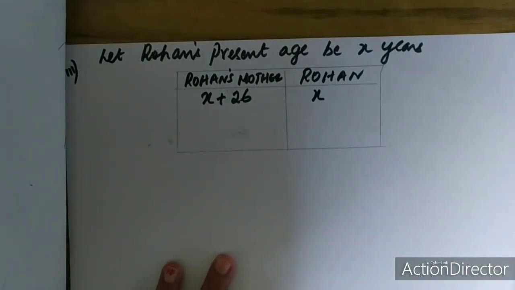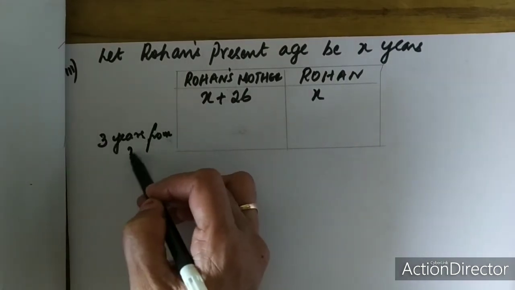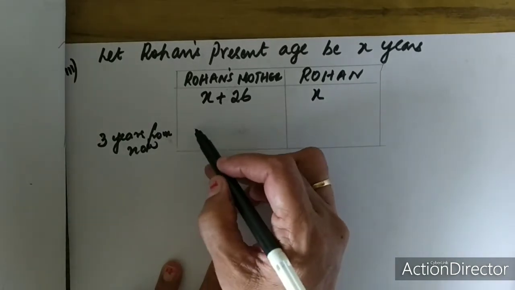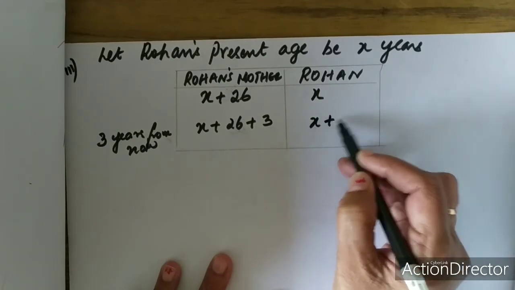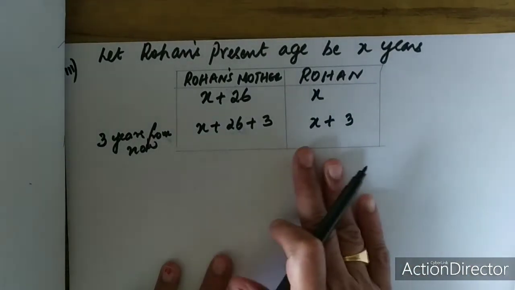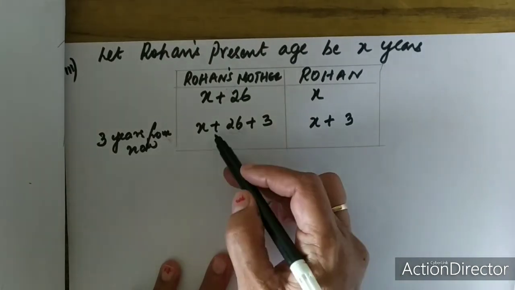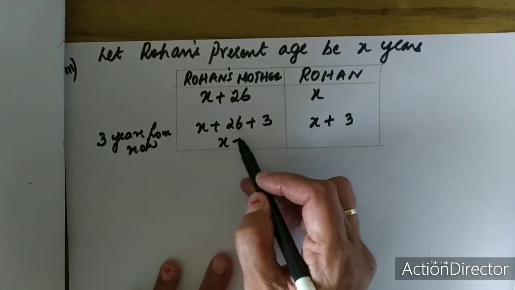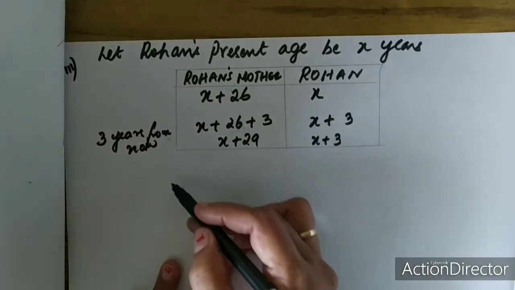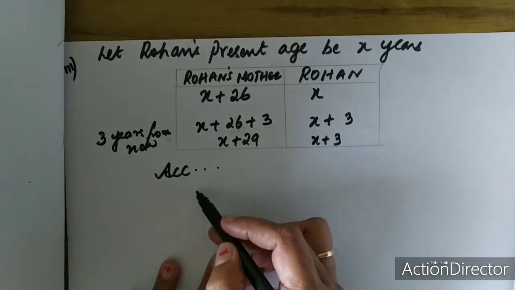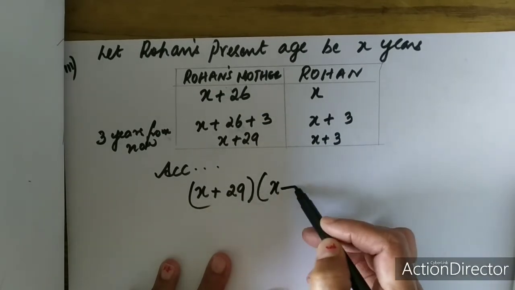Next, 3 years from now. From now means after 3 years. Rohan's mother will be x plus 26 plus 3, and Rohan will be x plus 3. That is, after 3 years, both of their ages will be increased by 3. So this x plus 26 plus 3 will become x plus 29, and x plus 3 will be x plus 3 only. So according to the given condition, x plus 29 multiplied by x plus 3